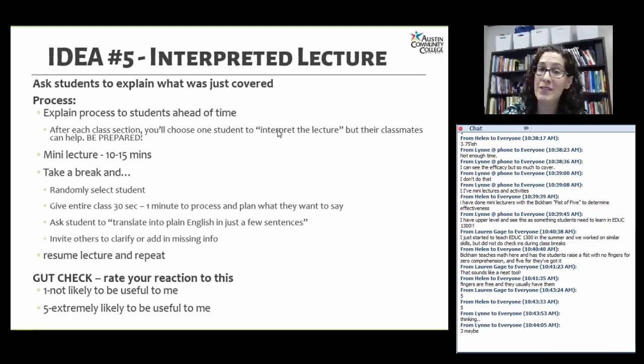And you warn them ahead of time when you tell them how the process is going to work, so they should all be ready and aware that they might be called on. You randomly select a student, and then after that person has been chosen, you give everybody about a minute to summarize in their own words some of the key points from that part of the lesson. Then you go back to the student you've selected randomly, you ask them to share their summary